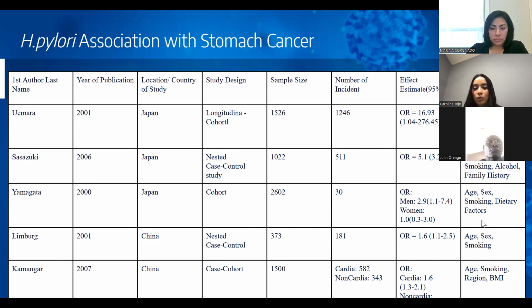But overall, for our conclusions, we just want to be able to show that there is a strong association between H. pylori and stomach cancer, and that we can see that across a variety of different studies. From this table, you can clearly see there were very large sample sizes, and collectively, if you take all the data together, there hasn't been anything that showed that there wasn't a relationship or that the relationship was due to chance. Next slide.